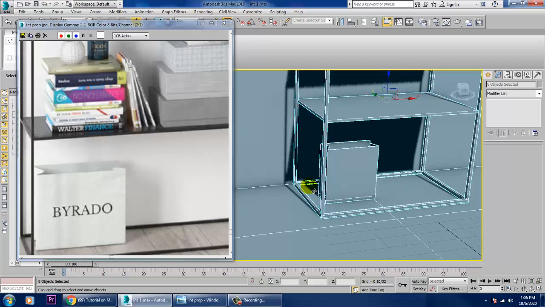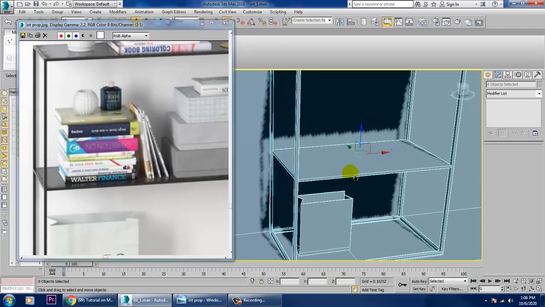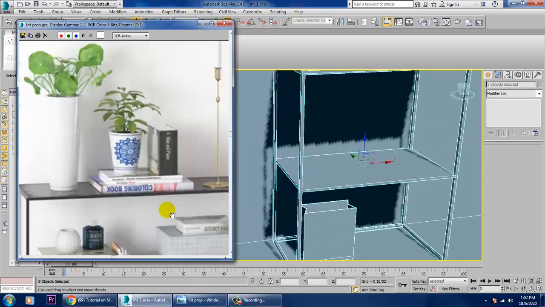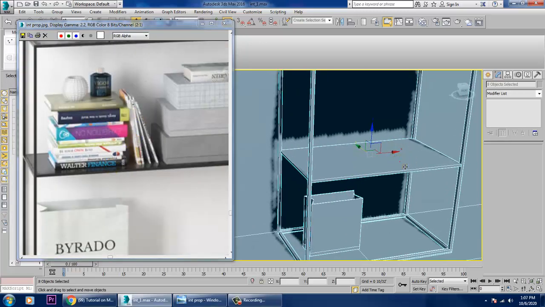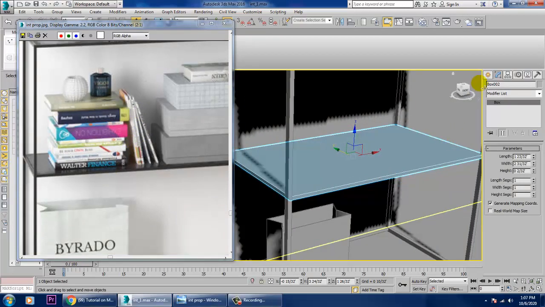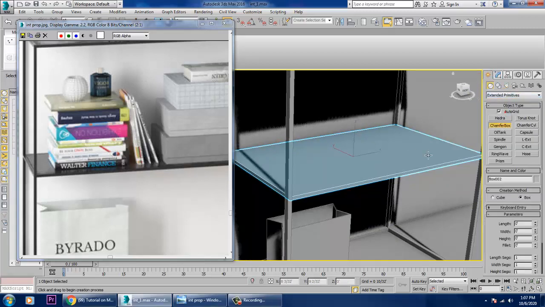We'll be doing a quick tutorial on this. After that, we'll go from down only. We'll be creating this book. For creation of this book, I'll go into the extended primitives and take a chamfer box.